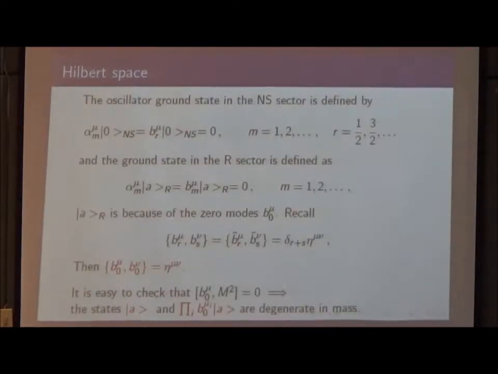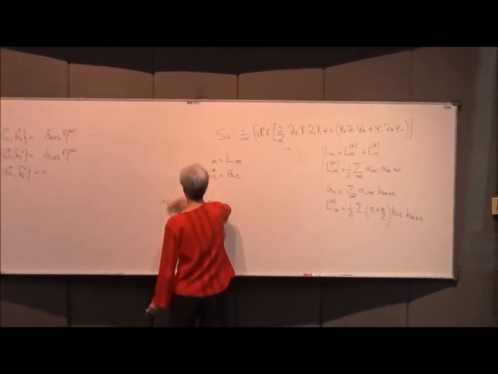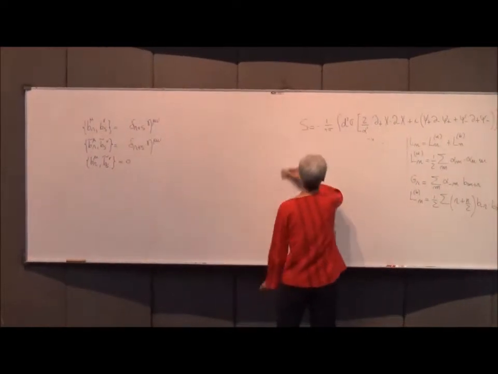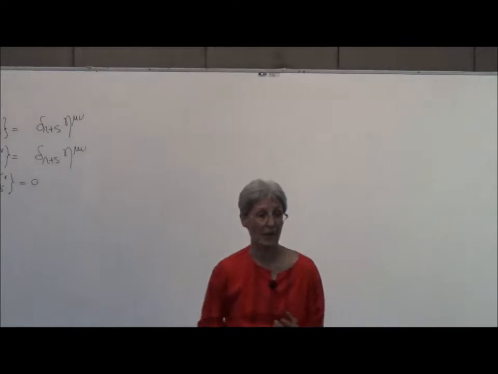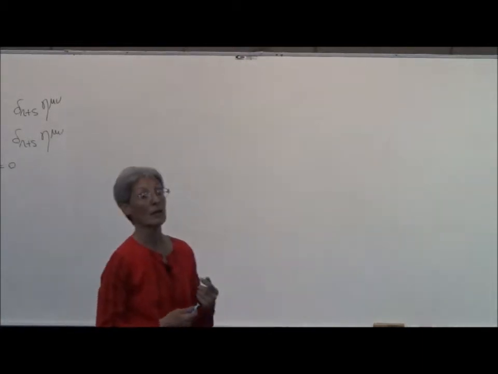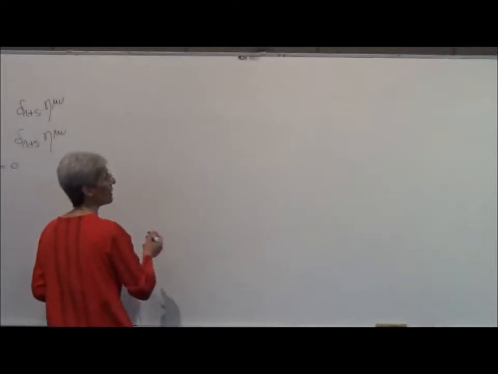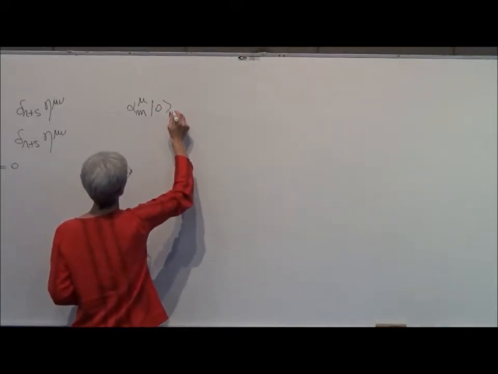Okay? So I'm going to go slowly. The Neveu-Schwarz sector is easy. The Neveu-Schwarz sector is very similar to the bosonic string. We have a vacuum state, or a ground state, which is annihilated by all the annihilation operators, b_r, because there is no zero modes. Remember that in the Neveu-Schwarz sector, I will do the open string first, and then we'll discuss the closed string. Remember in the Neveu-Schwarz sector, the oscillators have half-integer modes. So we can easily see which of them are creation and which of them are annihilation. So the ground state in the Neveu-Schwarz sector